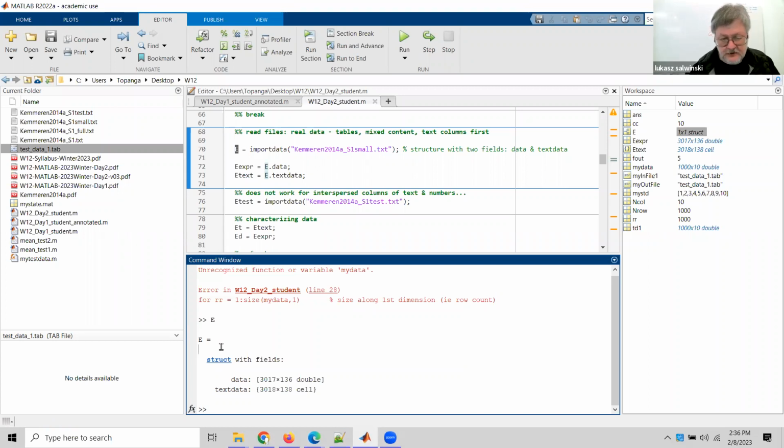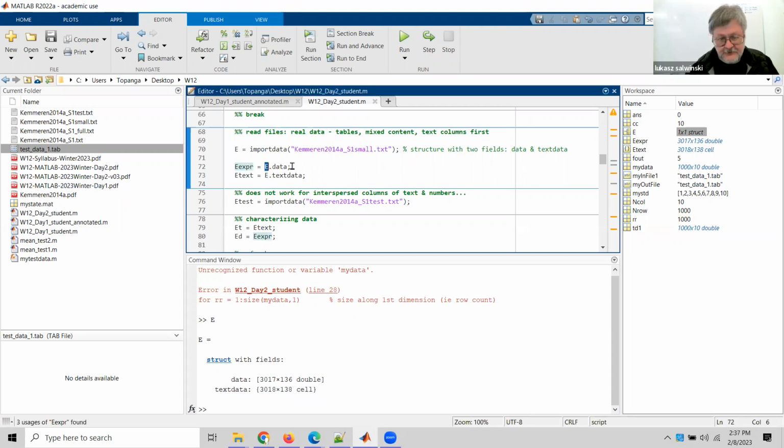We ended up with something called a structure with 2 fields. This is a more complex data structure used to store different types of information. And it's composed of 2 pieces. There's a piece called data, which looks like our array with numbers. Plus, there's another element called textdata that is similar in size, but contains something called cells. Well, to access each of those things, the code is just assigning what's in the data to a variable,